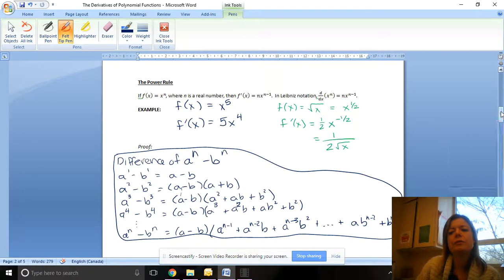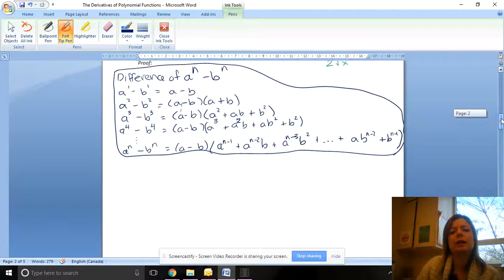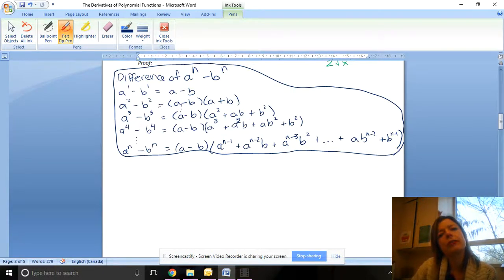So to prove this, we need this binomial theorem here. So the difference between a to the n minus b to the n. We actually developed this in grade 11 using Pascal's triangle, if you recall. But I just kind of developed it again for you here. So if you look at the progression of a minus b, and then a squared minus b squared, a to the power 3 minus, etc., you can see that a pattern develops leading up to this theorem, which is that